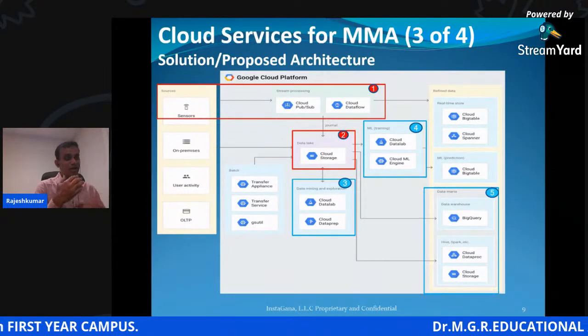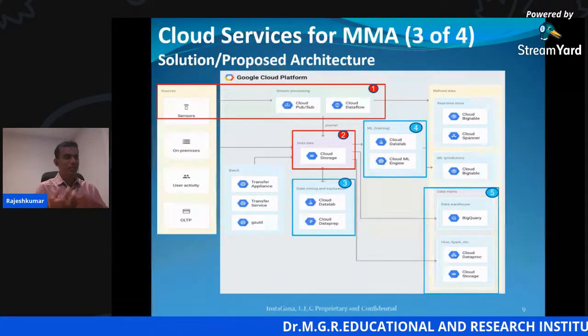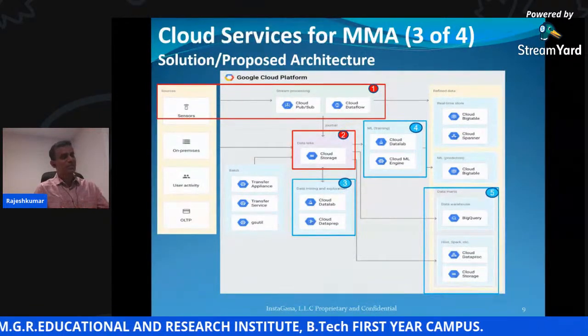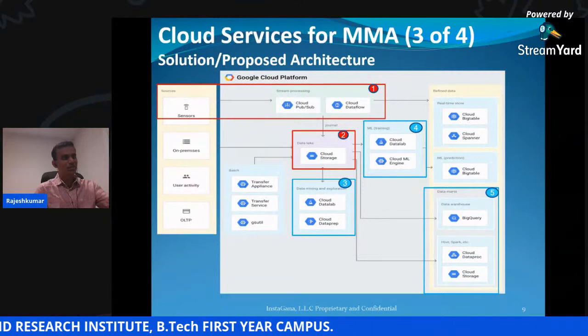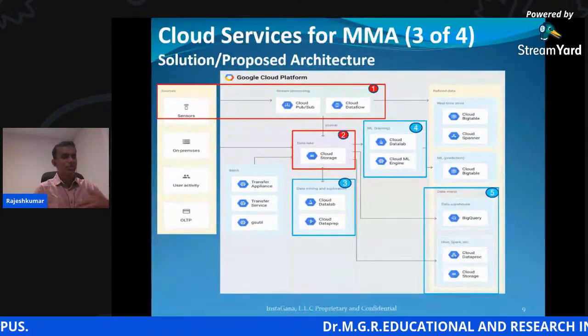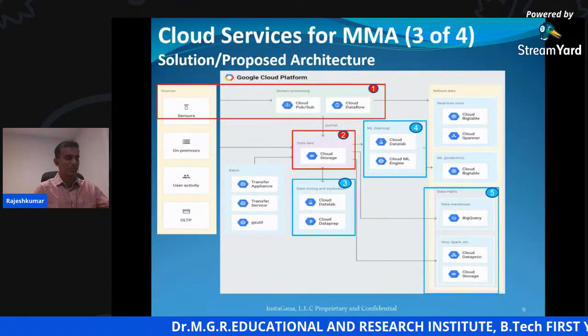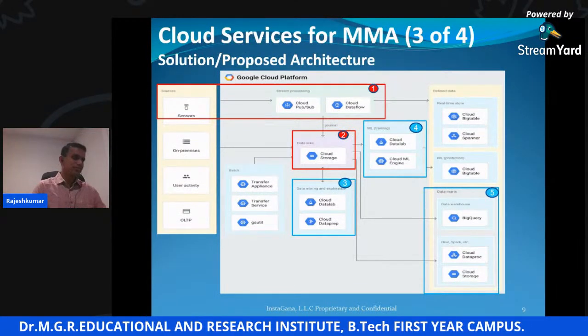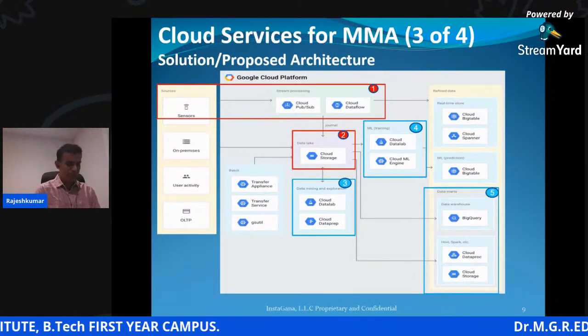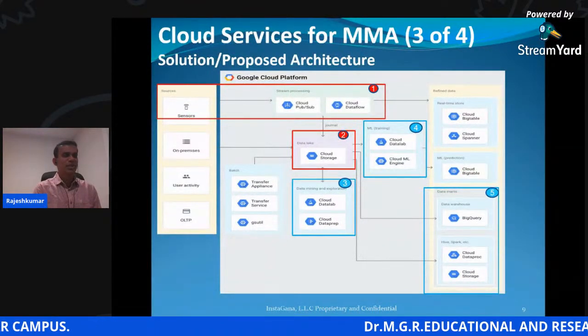Those data sets are kept separately, and stored back in the cloud storage separately, which is then ingested into the machine learning training process. The machine learning training process, which is stage 4 here, is used by Cloud Data Lab and Cloud Machine Learning Engine. So they try to understand